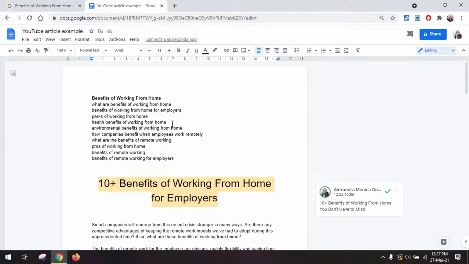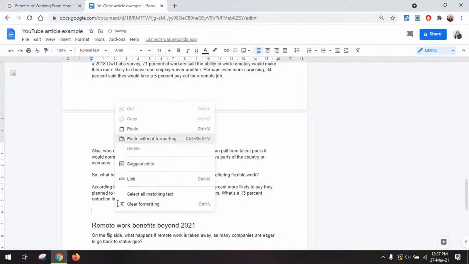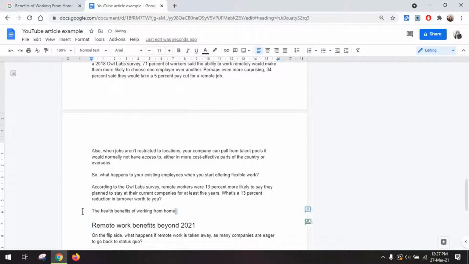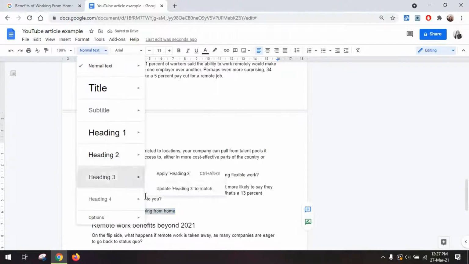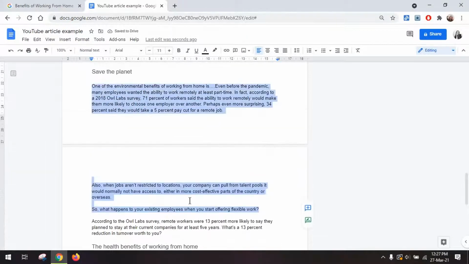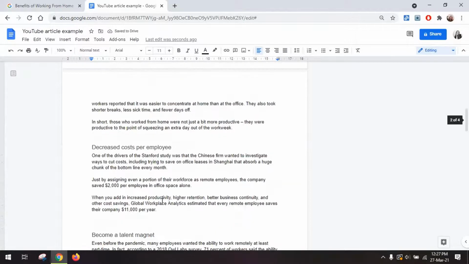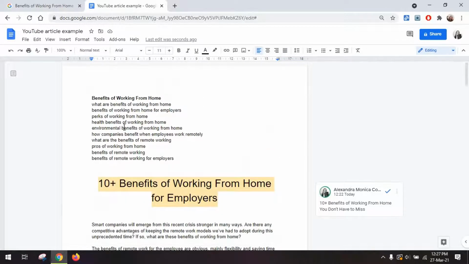Then you can go to your health benefits of working from home. And you can actually turn this into a standalone heading and just talk about multiple benefits that working from home has on people's mental and physical health. And of course, under each one of these smaller sections, you want to add in a keyword such as perks of working from home or something like